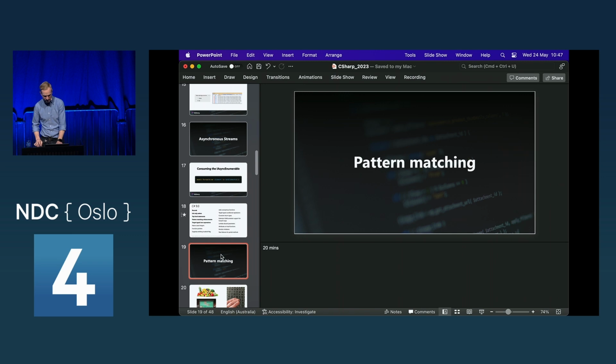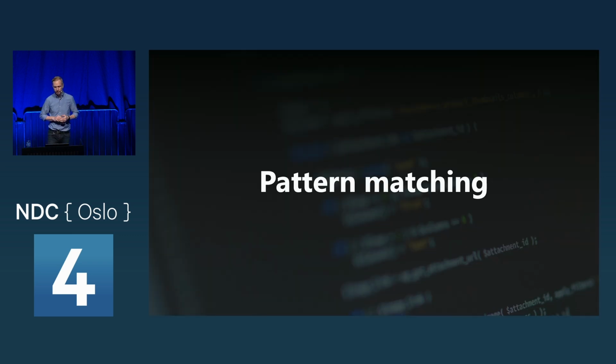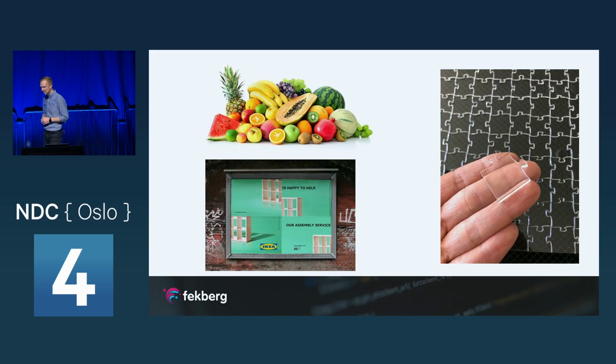So with that being said, we're going to be talking a little bit about pattern matching. So pattern matching was introduced as a first iteration in C# 7. But at that point, it didn't really make a lot of sense because it required a lot more code to express yourself. And the whole idea with pattern matching is that we want to write less code and express ourselves better and the code to make sense. But I'll show you how to not make sense in a moment as well.